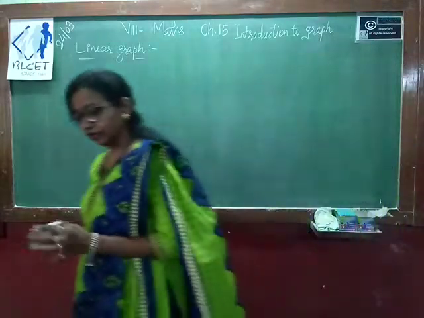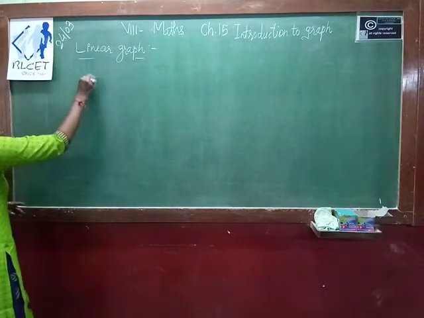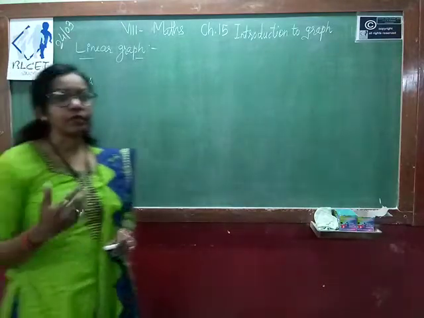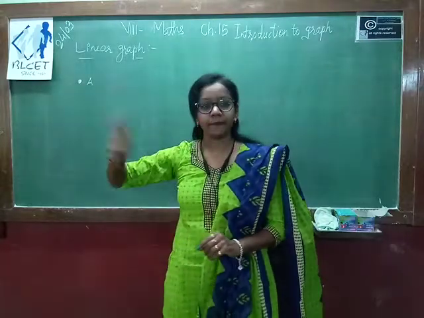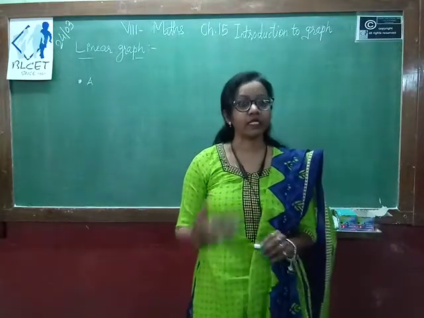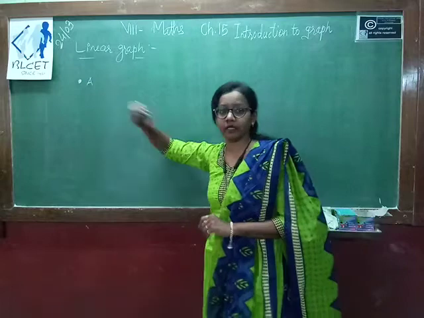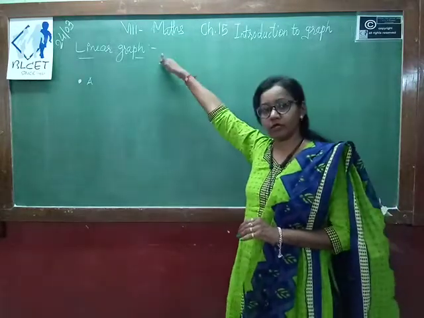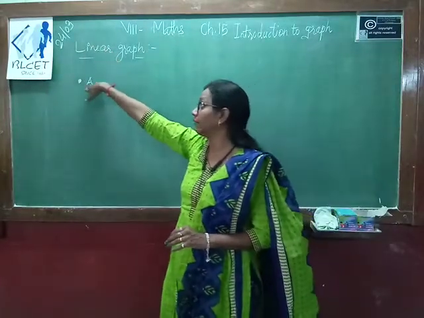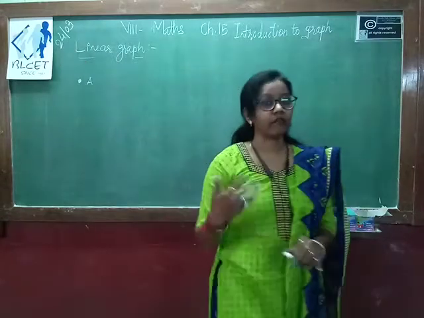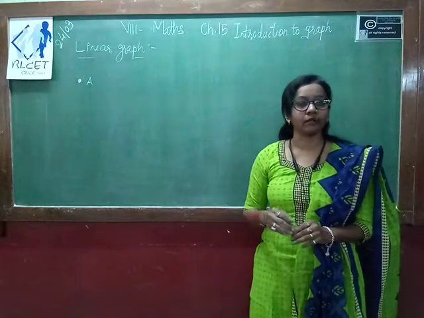For that, one example is given in your textbook. Suppose I plot the point A. Now you have to tell me the location of this point. According to how you view it and judge it, some of you will say it is in the upper part of the board, some will say it is near the left edge, and some will say it is near the left edge corner. That is the various kinds of locations I am getting from you, but that doesn't mean that I get the exact location of this point A.